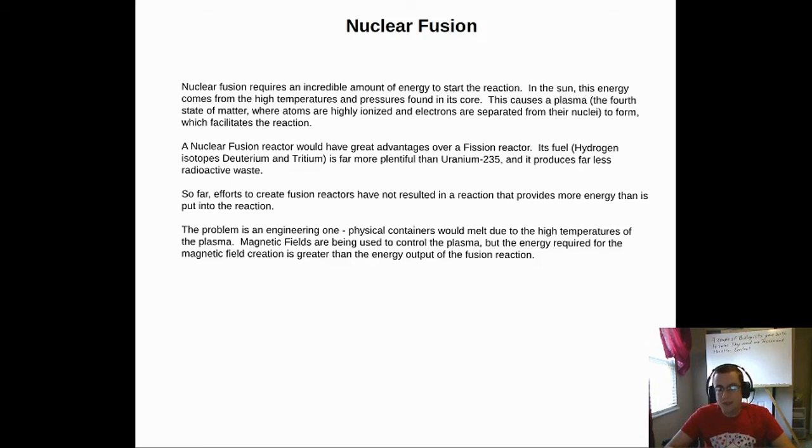And then it's also better than fission because the fuel is more plentiful and it produces a lot less radioactive waste, because it's essentially nothing. We just have to make sure that anything that gets hit with the gamma radiation is disposed of properly. But as far as actual fuel is concerned, it doesn't create any direct byproducts of radioactive waste. However, the big